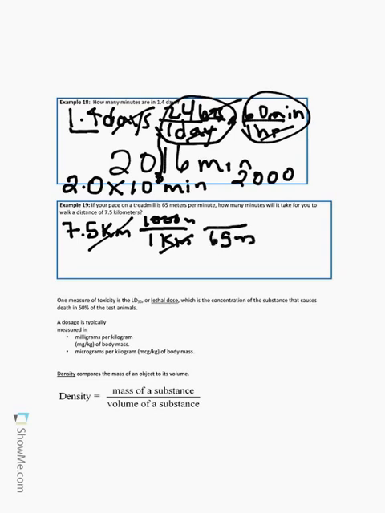So 65 meters per 1 minute leaves us with an answer in minutes, with our meters canceling. So 7.5 times 1,000 divided by 65 gives us an answer in our calculator of